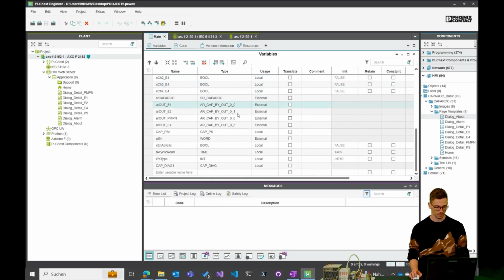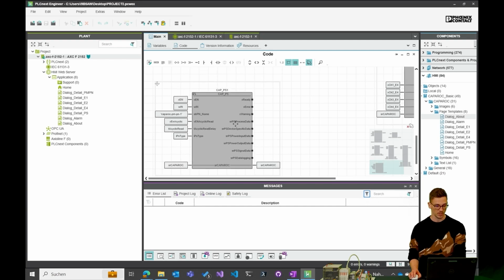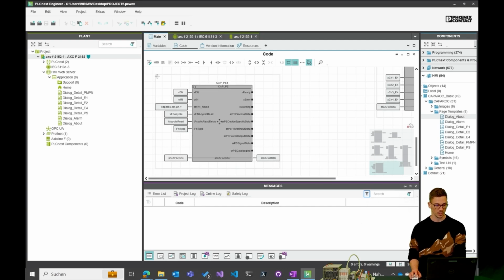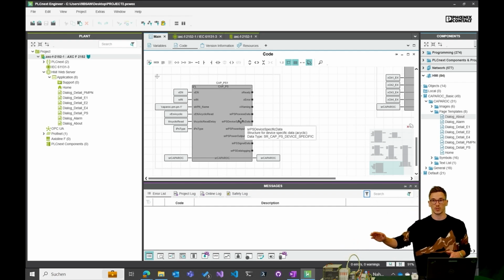And the IPS type, like I explained in the previous video, the IPS type of the PS cap function block is an input, and this is for displaying either the faceplate of the Qin power supply 20 ampere or the 40 ampere. This is just a selection.